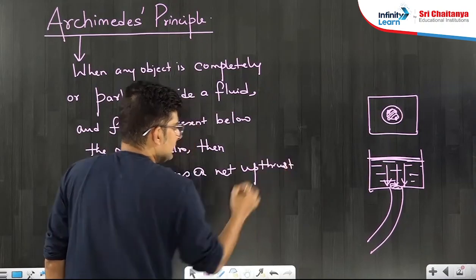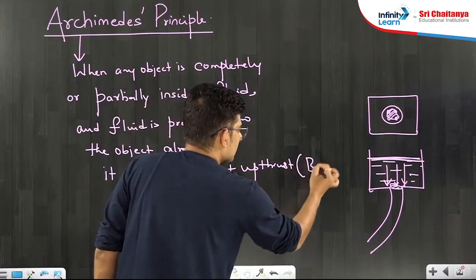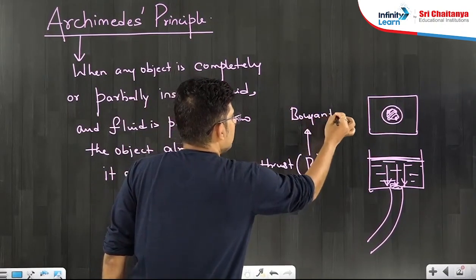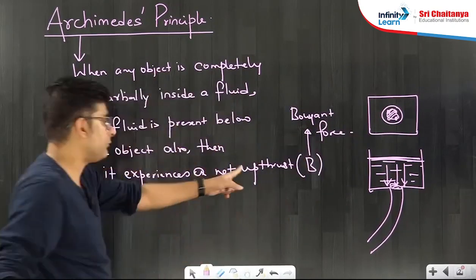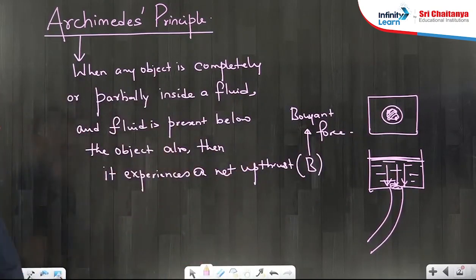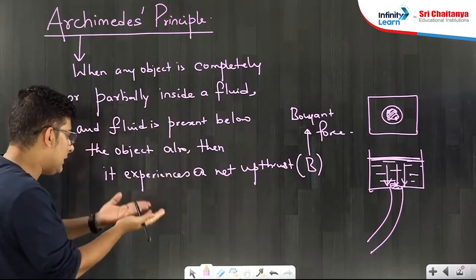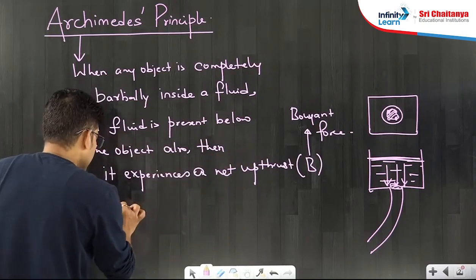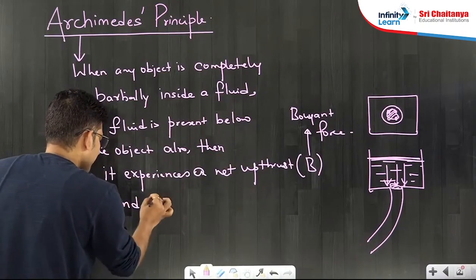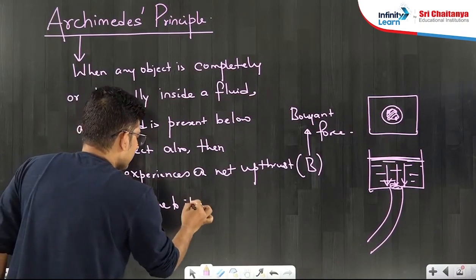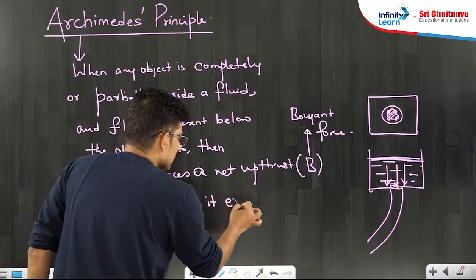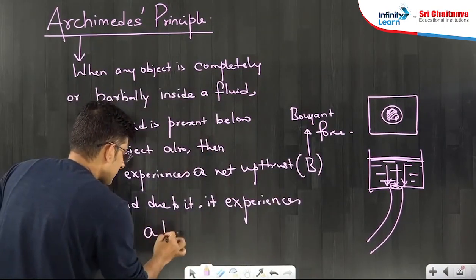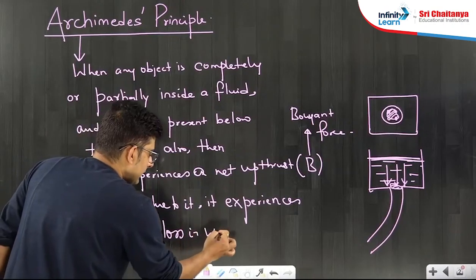It experiences a net upthrust which we call B, which is known as buoyant force. This net upward force is known as buoyant force. So the object should have some liquid below it also, so it will experience a net upthrust, buoyant force, B, and due to it the object will experience a loss in weight